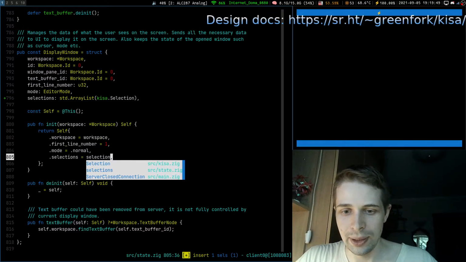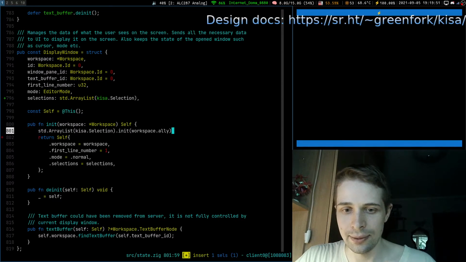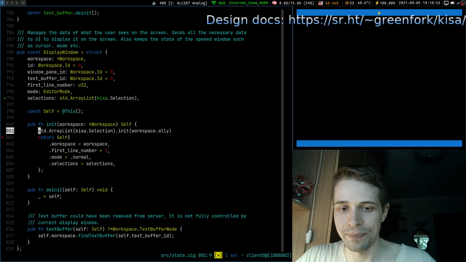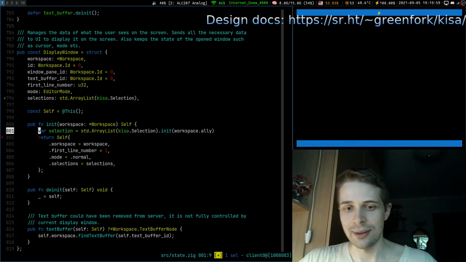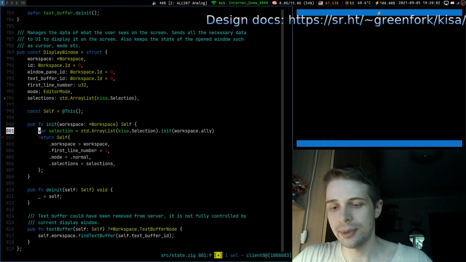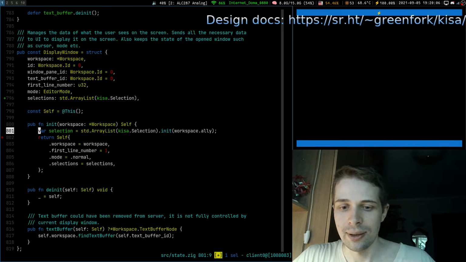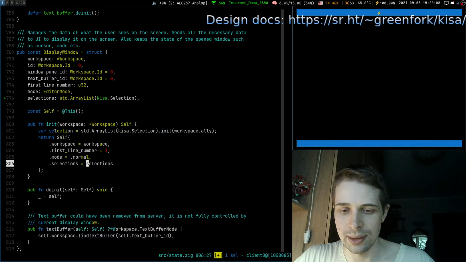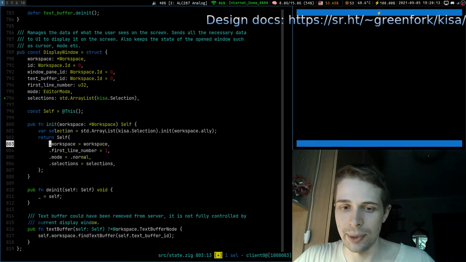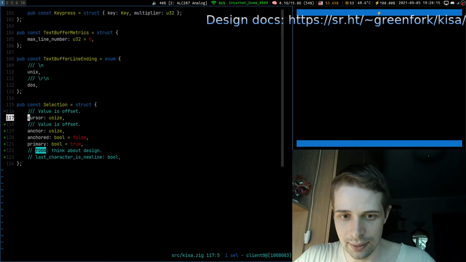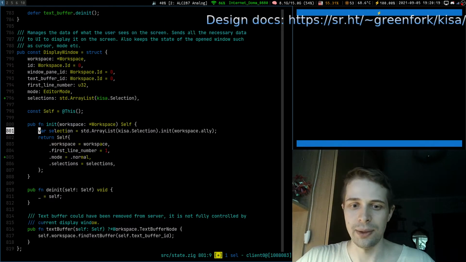We can have a problem if we allocate something on the stack and then we try to reference it, like here in this line. But now we don't really allocate anything on the stack because selection is just numbers, just data. So let's try to do that.